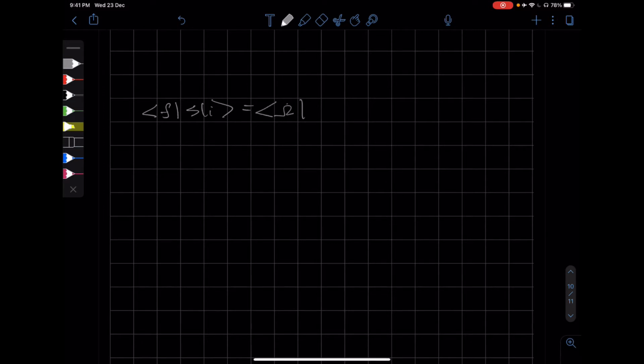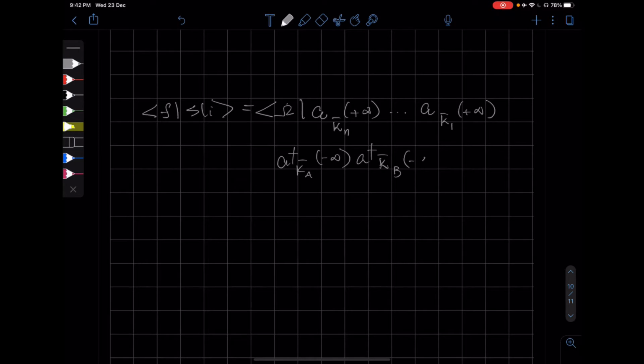omega of A, say K, of N at plus infinity dot dot dot A at K1 at plus infinity A dagger Ka at minus infinity A dagger of Kb at minus infinity acting on omega. Now note that all these operators are time ordered, and therefore we can write the right hand side as the